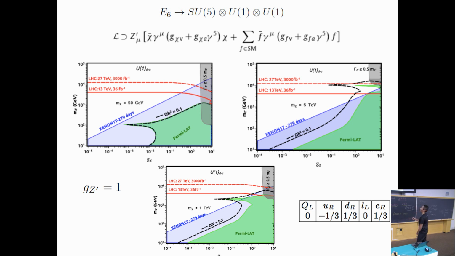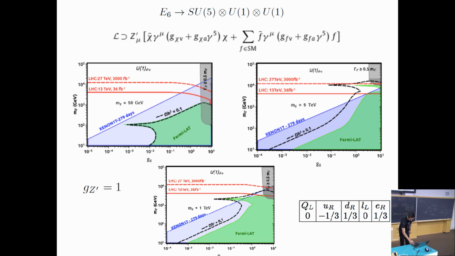So yeah, for this scenario, for example, for a dark matter of 50 GeV, we can see that it is totally excluded. For this scenario with 1 TeV, we can see that it's totally excluded, and not just because of the Xenon results, but, as I say, because of the LHC searches. And just this one with a very heavy dark matter candidate will survive in this small region. So this is something interesting.